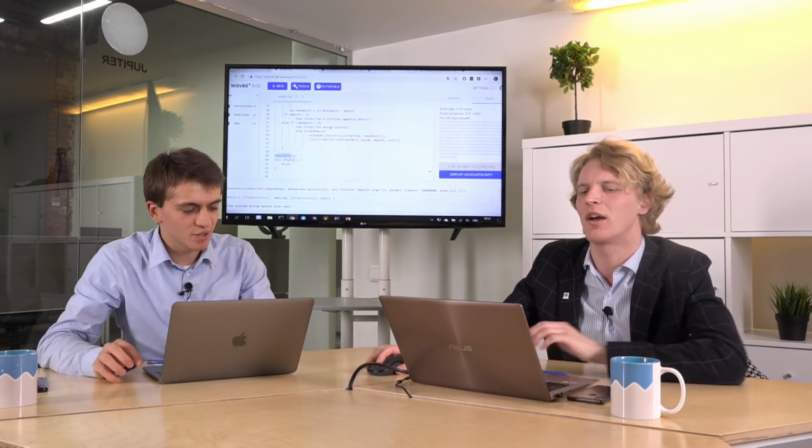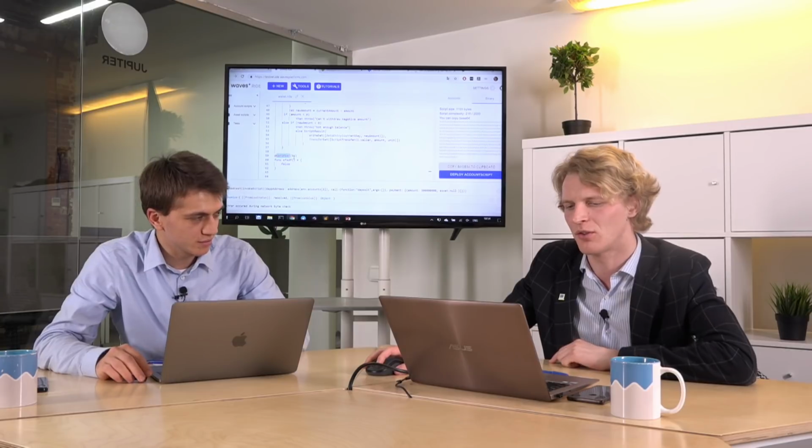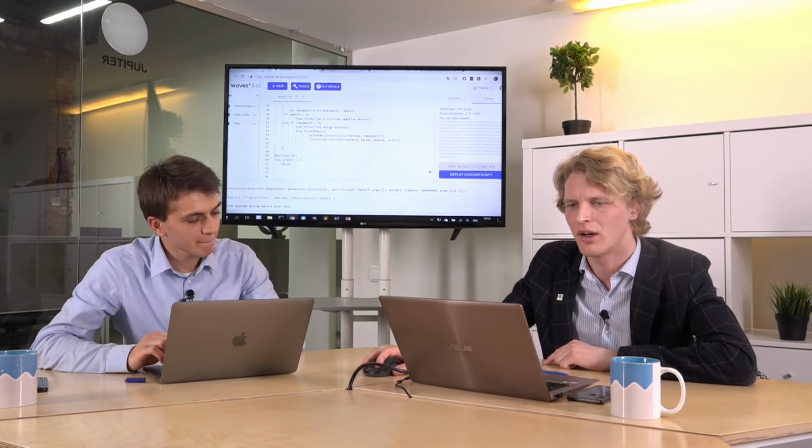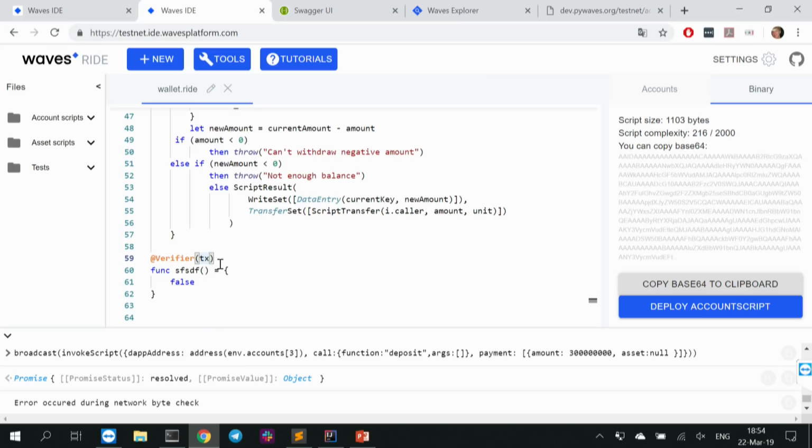It should just have the verifier annotation. This is important. And regarding tx, in the old version we always had to use tx. If you do something like this, it should be a compilation error. In the new version, it's actually bound through this annotation.